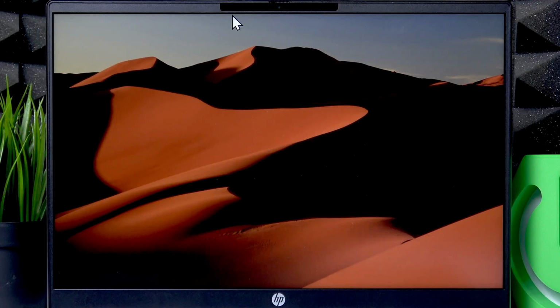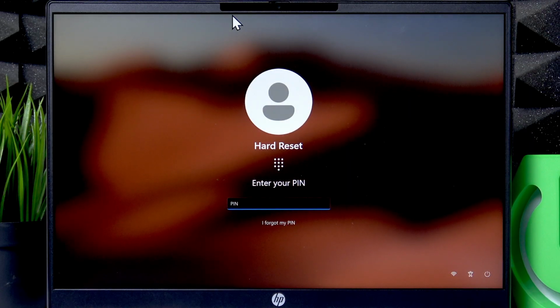To restore the PIN code to your Windows account, you're going to have to select the I forgot my PIN option on the sign-in screen. If you don't see the I forgot my PIN option right here, then try entering the PIN code several times. If your attempts aren't correct, you will eventually see this option right here. Just click I forgot my PIN, and then